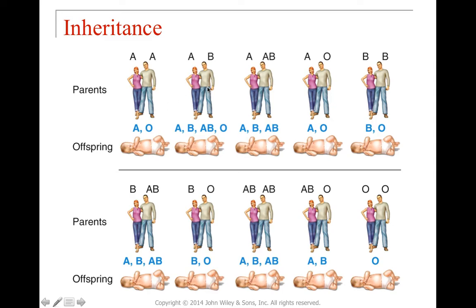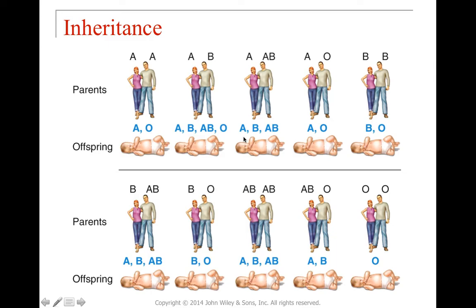If, however, the individuals are A and B, again, they could still have that hidden O allele in there. So this individual could be A, or she could be A, O. This individual could be B, O, or B, B. So in this way, we could inherit multiple different combinations. So the individual could end up being A, B, or O, depending on what they inherited from each of the